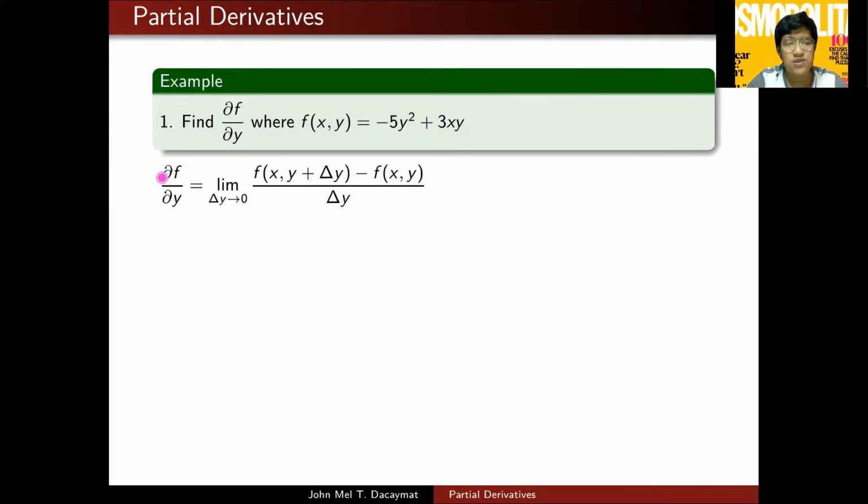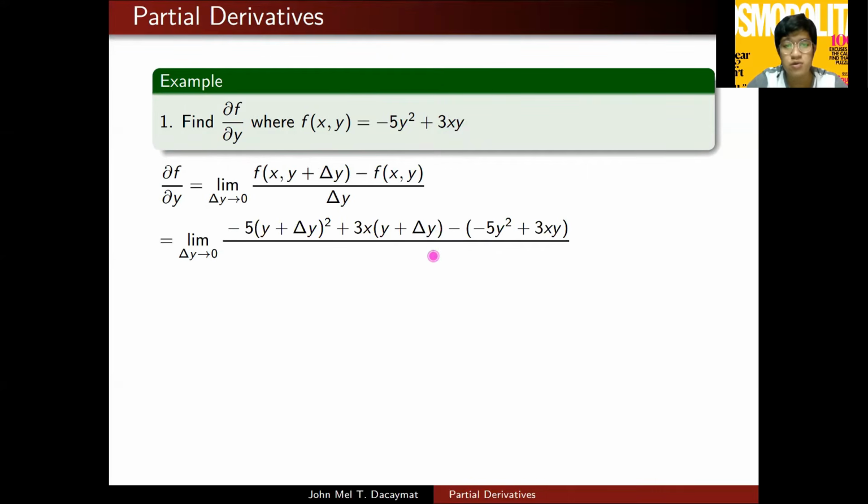So, let's just use the definition. Limit as delta y approaches 0 of this. So, yung f of x, comma y plus delta y, I just retain x as is. However, I replace all y with y plus delta y for this term lang naman, no? So, doing so, yung lahat ng y, ginawa ko lang y plus delta y. Minus f of x, y, so siya mismo, minus yung function mismo, na negative 5y squared plus 3xy